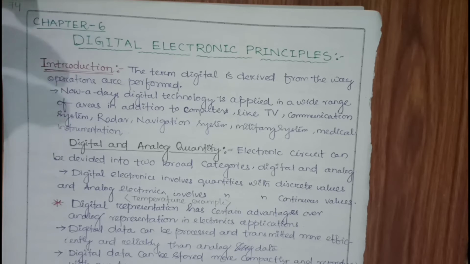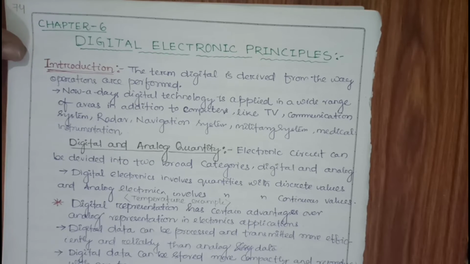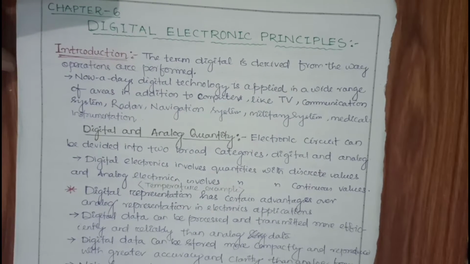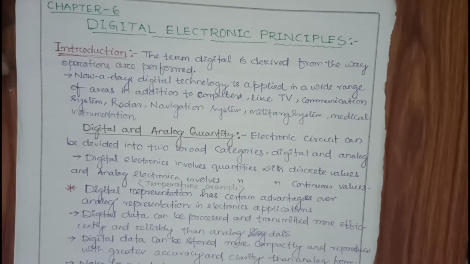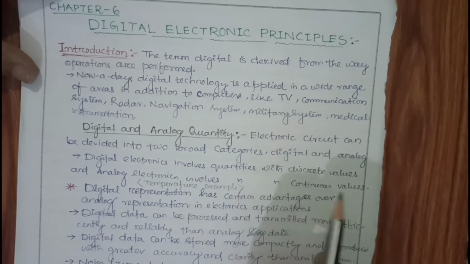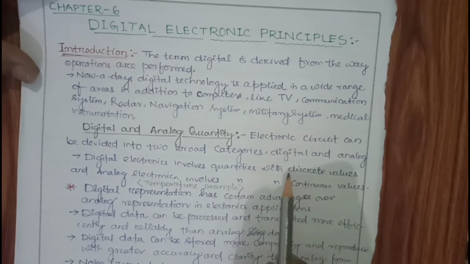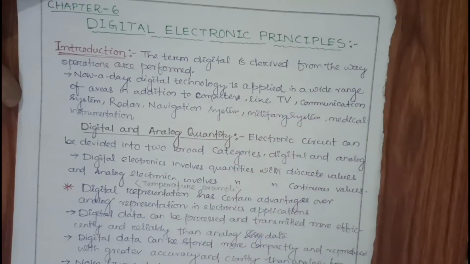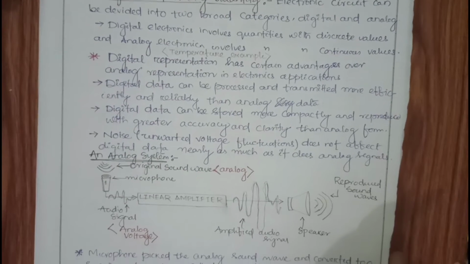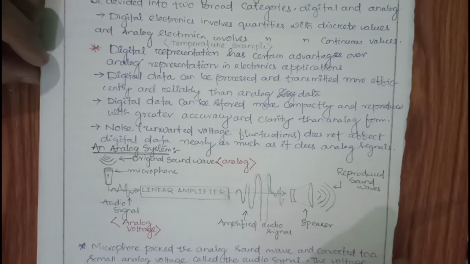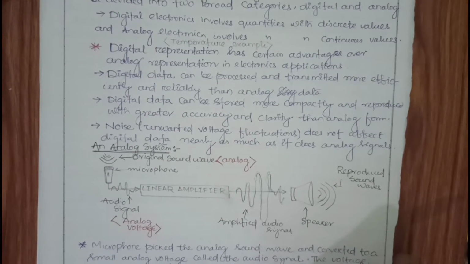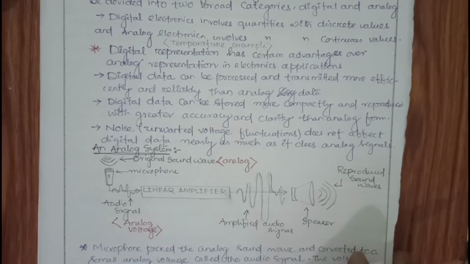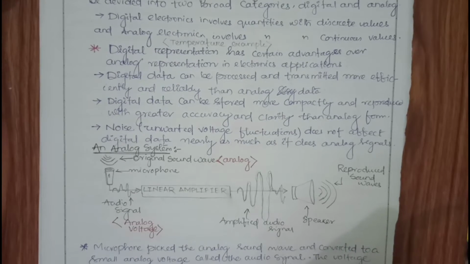In this digital electronic principle, first we will see the difference between digital and analog signal. What is an analog signal? An analog signal is continuous in time and continuous in amplitude also, but a digital signal is discrete in time and discrete in amplitude. Now we took one example. In our daily life we use digital signals, whether in a computer or in television, everywhere we are using digital signals. So we should know digital signals along with analog signals.